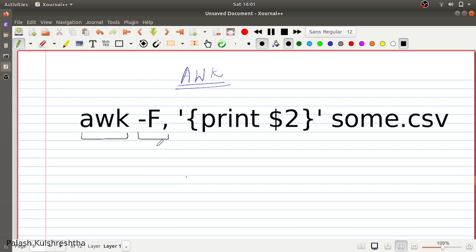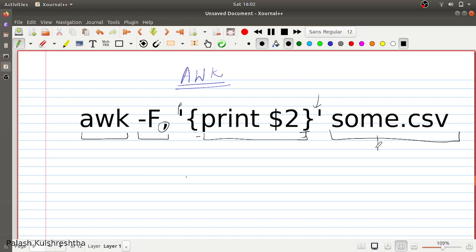Hyphen F is the field separator. In our case, comma is the field separator, so we have given hyphen F comma. Giving the single quotes is necessary, and in the single quotes you have to write curly brackets, and inside this you can write the awk code. awk itself has some terminology or syntax which you can use, and after that you can write the output.